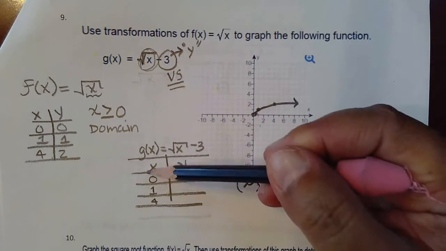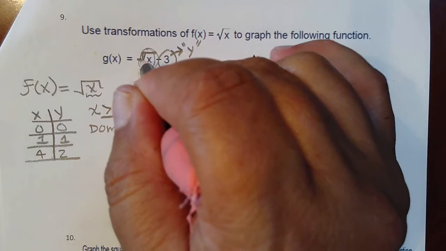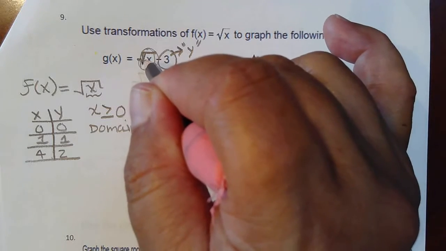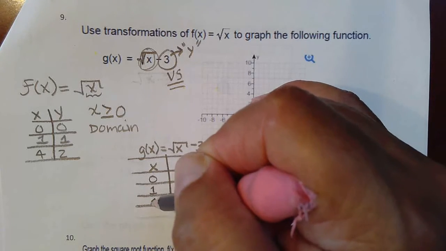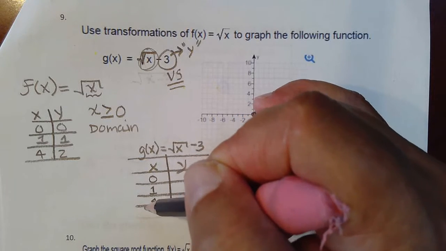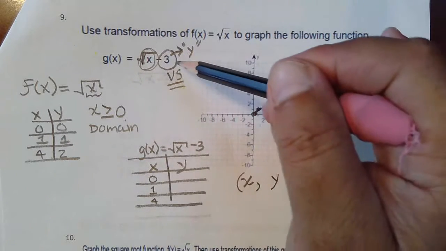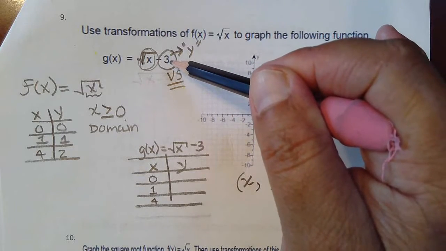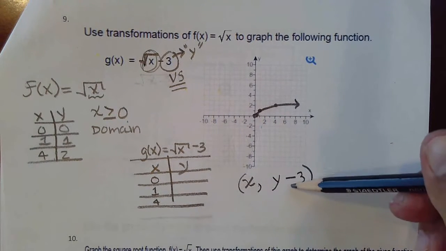So instead of just picking random numbers, then taking these numbers and plugging in right here, which can sometimes create decimals. I mean, we've chosen nice ones that aren't going to create decimals because I guided you towards doing that. It makes more sense so that you don't have to touch your calculator. Instead of taking these and plugging them in, figuring out the square root, and then subtracting 3, that's a lot of work. You're taking a square root, then you're subtracting 3. Instead of doing all that every time we plug these in, all we're doing is subtracting 3 off some numbers